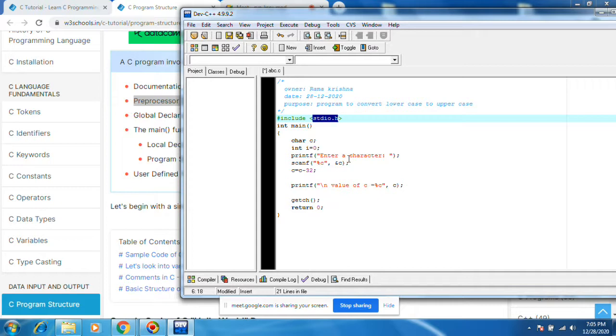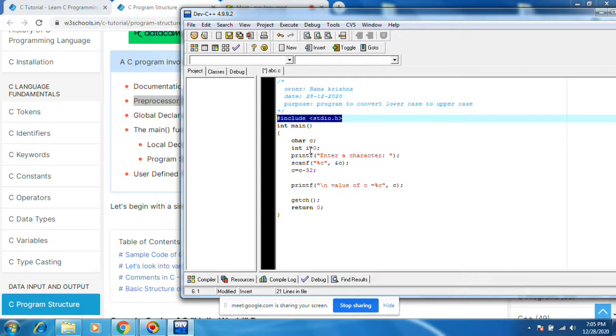Okay, this is the predefined stdio.h. Can't we create a similar header file of our own? Yeah, in future we'll see how to write our own header files. Okay, this is called the preprocessor section.